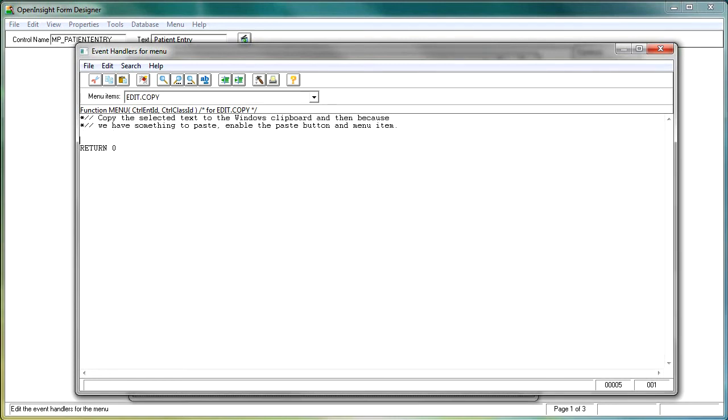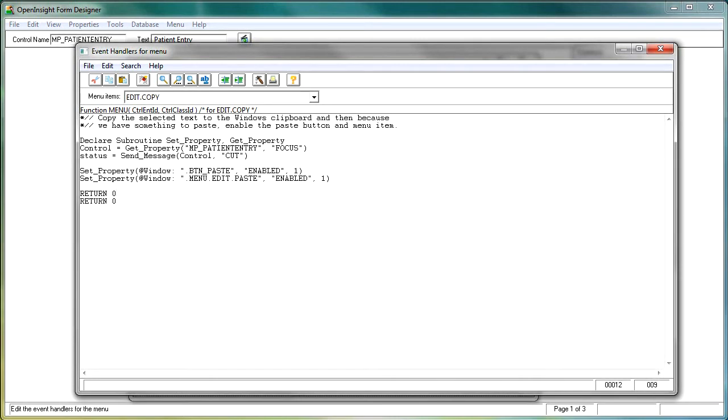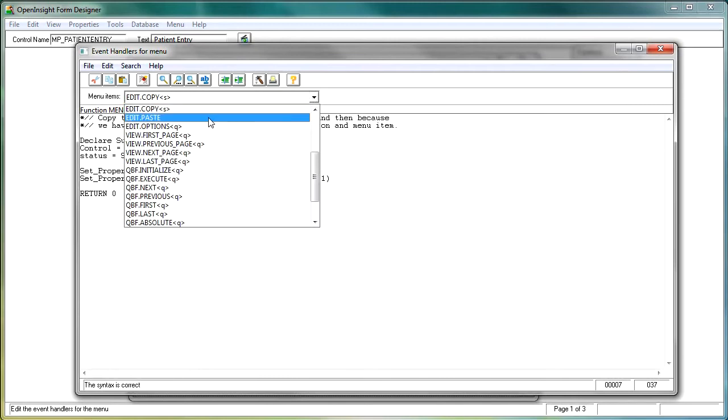So much the same as before, and then we can Control V to paste in that code, removing the Control 0 because we only want one of those. And we need to make one change in here: instead of cutting, what we want to do is simply copy. We will then compile the code, and we can finish with that one and go on